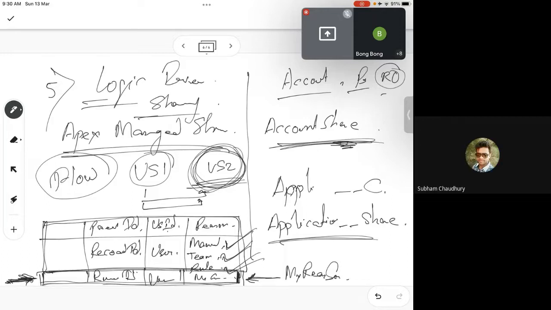Yes, the sharing rule is possible, but how? How can I use role hierarchy? Role hierarchy is not possible, right? Because this user 2 may or may not be my boss. Yes, sir. Okay, so role hierarchy is not possible. How about a sharing rule, is it possible?